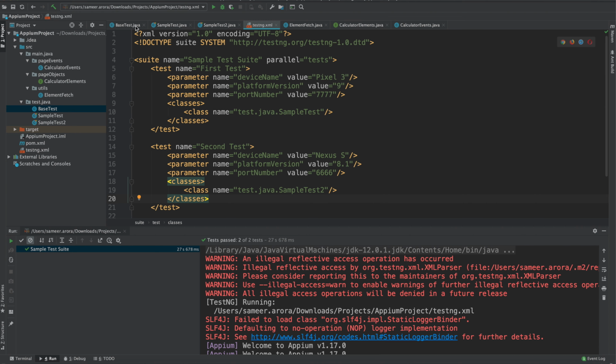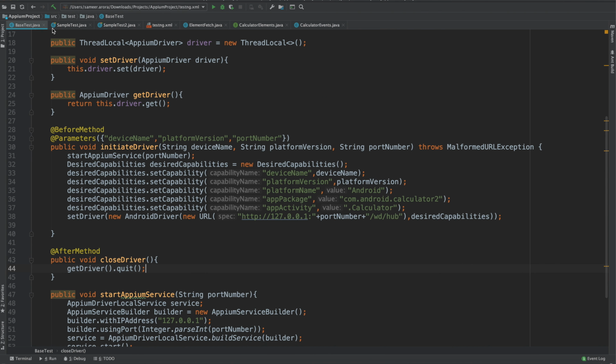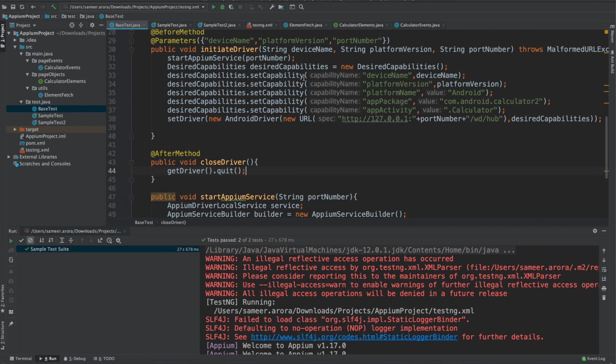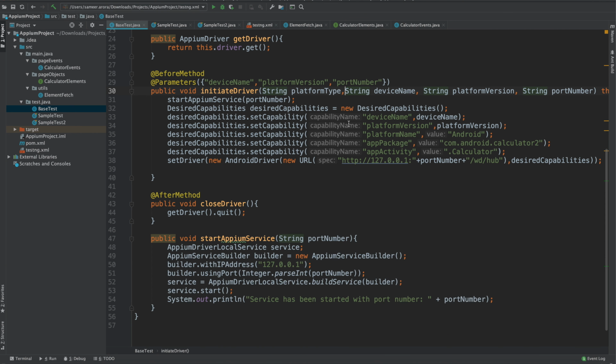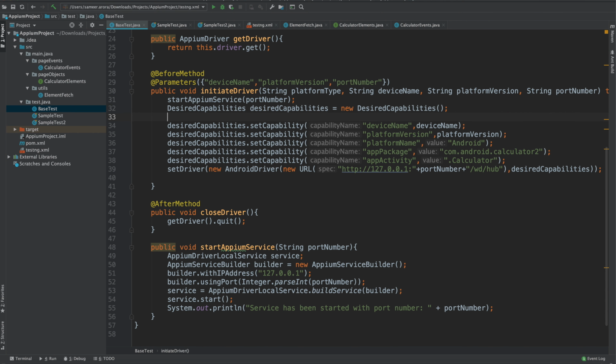You just need to go to the base test, and what you can do, you can add another parameter here which can be string platform type, and then on the basis of the platform type you can set the device name, the platform version, platform name, everything else. So let's say if the platform type dot equals ignore case Android, everything will be same.